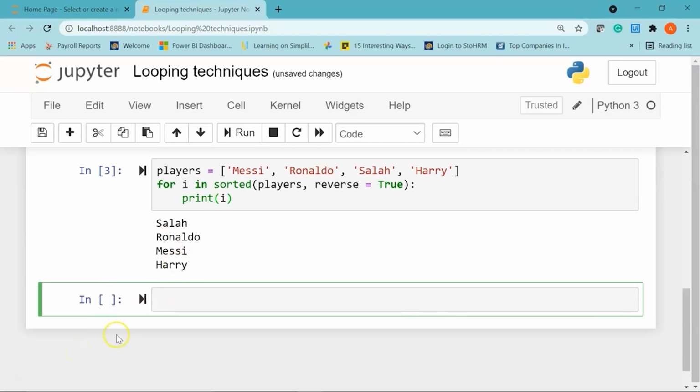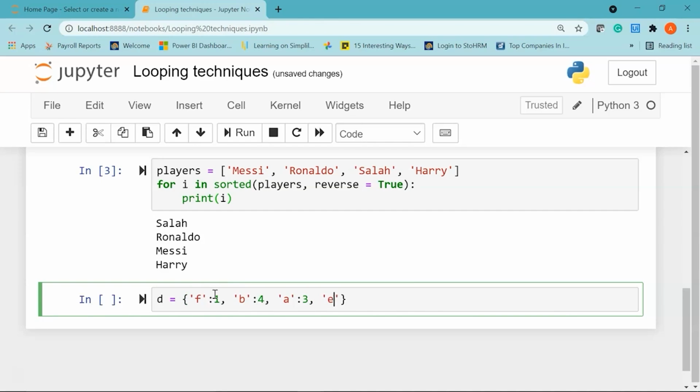Alright, now let's move ahead. Now we are going to create a dictionary of key value pairs and sort it. So I'll create a dictionary called d, which will have a few key value pairs. So my first key is F and the value is, let's say, 1. Then my second key, let's say, is B and the value is 4. I'll give a comma. My next key is A and the value is, let's say, 3.